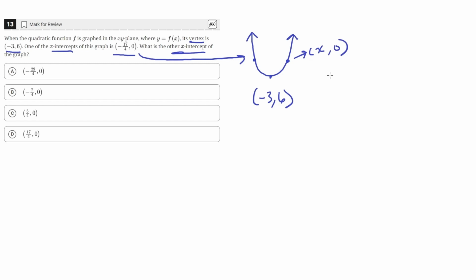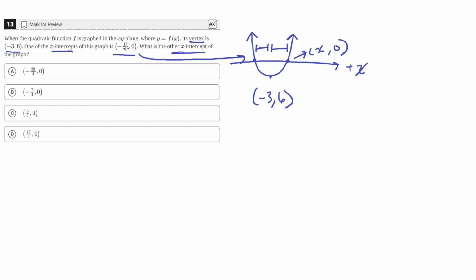So its coordinate will look like some constant k, 0. Since it's on the x-axis, the y value is always 0. And we can use the fact that the distance from one of the x-intercepts to the vertex is always equal to the distance from the vertex to the other x-intercept, which is saying that the vertex is in between the two x-intercepts. So to find the x distance between the x-intercept and the vertex,